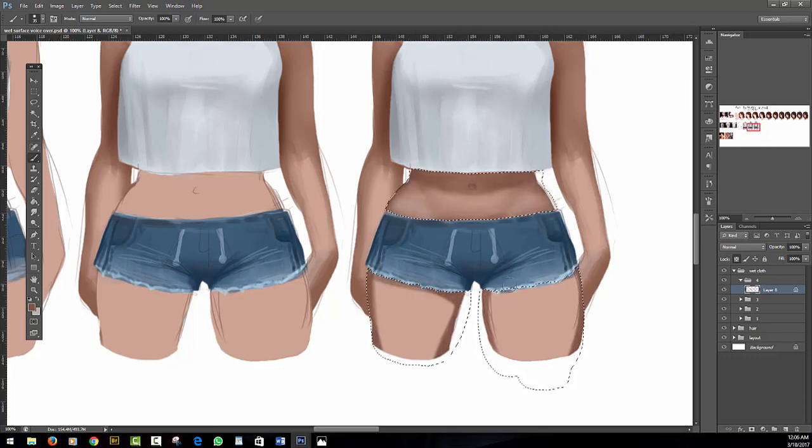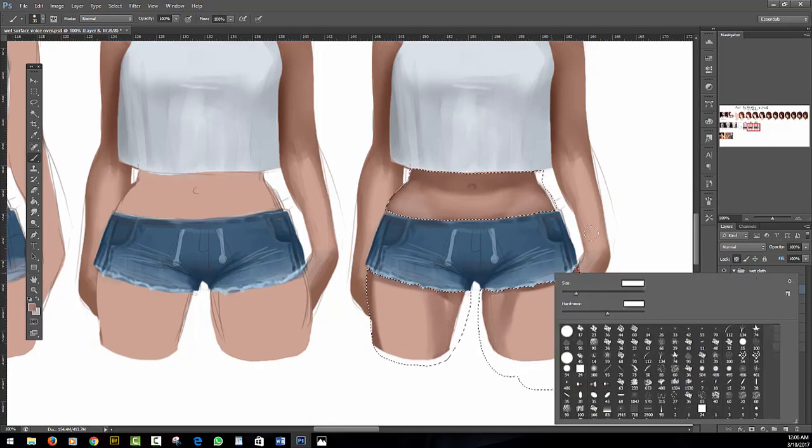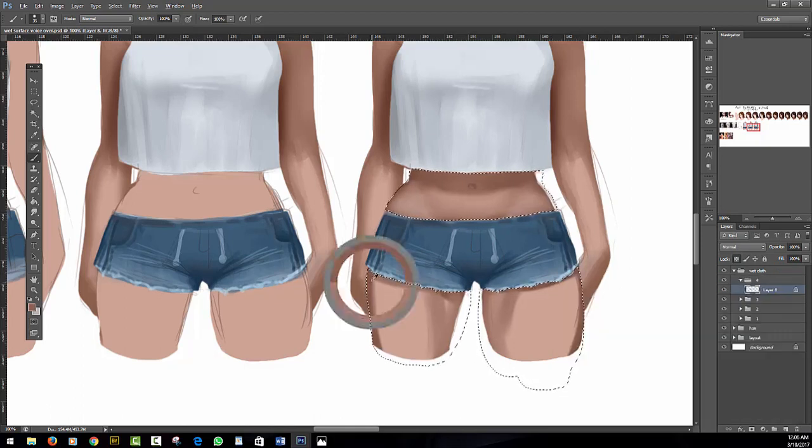Alright, so with the leg, apply some shadow here. If you're wondering what brush I'm using, still the same standard round brush. I always use the standard round brush in all my voiceover tutorials. Well, most of them. I like to include that brush because it's such a basic, simple brush, but you can do so much with it. With hardness at 55%, which is a medium range, an in-between of solid round brush and airbrush, it allows you to blend a lot easier. So just very gently blend it in